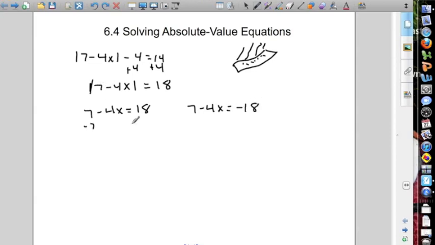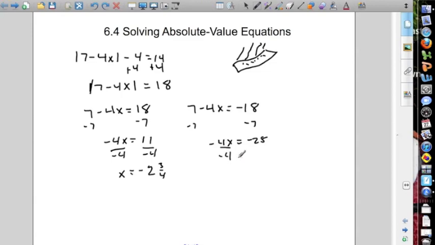So I subtract 7 from both sides. Don't forget that you have negative 4x there. Divide by negative 4. If this was an inequality, remember we would flip that inequality here, but it's an equal sign, so we just leave it. And then that goes in there 2 full times, so that's going to be negative 2 and 3 4ths because there's 3 left over to get up to 11. Here, notice the steps are the same, but because that is negative 18, this goes to negative 25. When I divide by my negative 4,